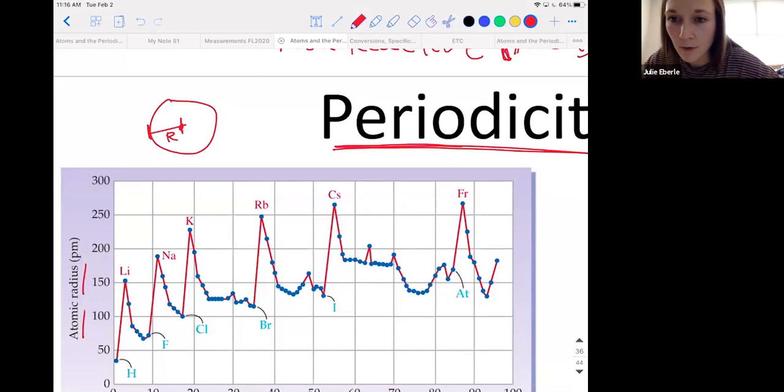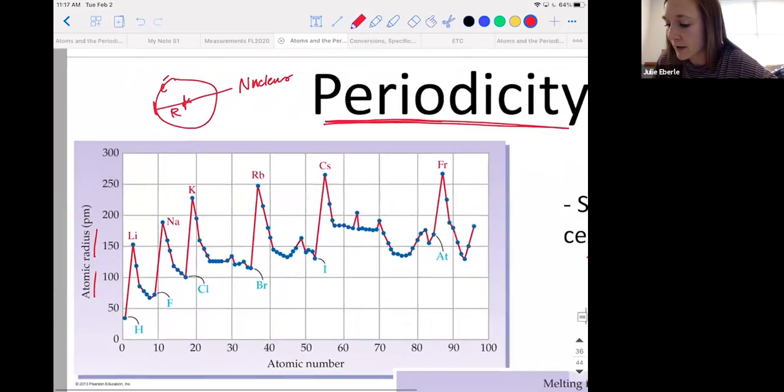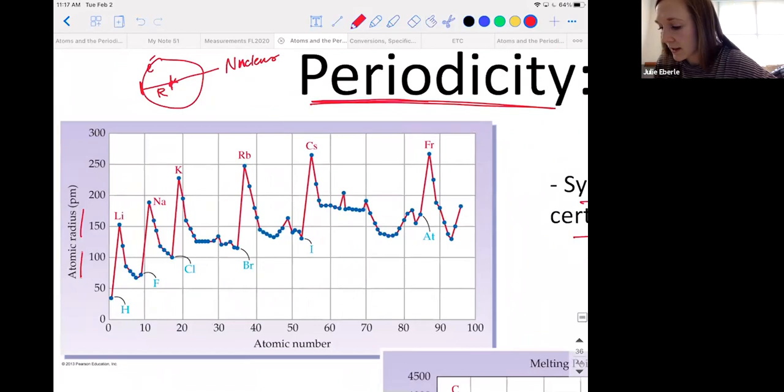It's half the diameter. So if we're talking about an atom, this is a decent drawing of an atom. Okay, you got the nucleus right here in the middle. I'm just going to write the nucleus. And then we know, we looked at last week that electrons are in this bigger circle around the nucleus. We call it the electron cloud. So you got electrons out here. And those actually, we even said their role is they contribute to the size of an atom. So the way we measure atomic radius is due to the electrons.